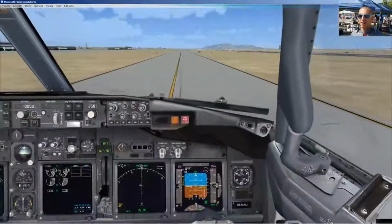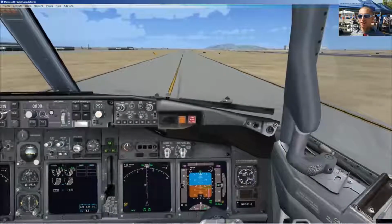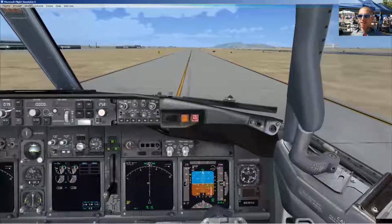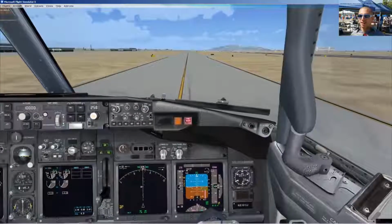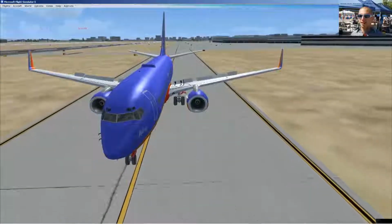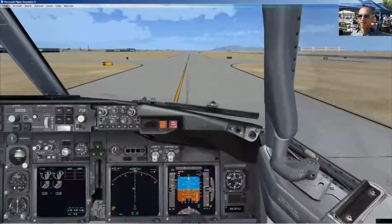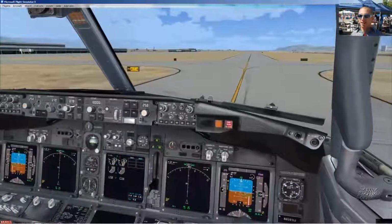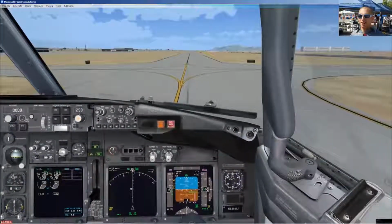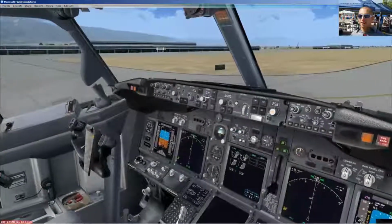Yeah, that was some float, let me tell you. I don't think I've ever floated that long with that airplane. You had to jinx me, Arctic, say less chance of floating. I've never floated this much with the 737. Oh, we got the speed brake still up. See, we're talking, not paying attention. And there's Papa, and he wants me to go November 1. Right's clear, left is clear, and...